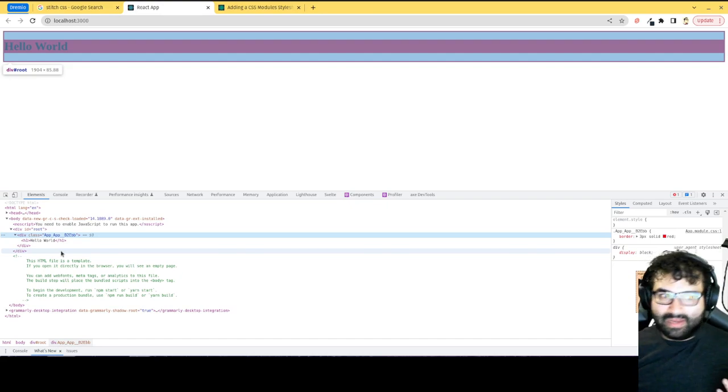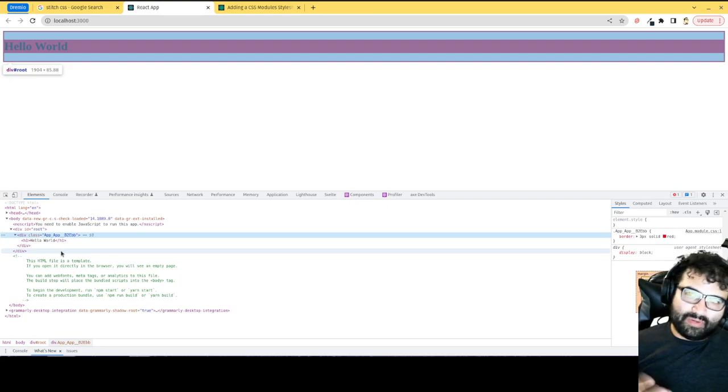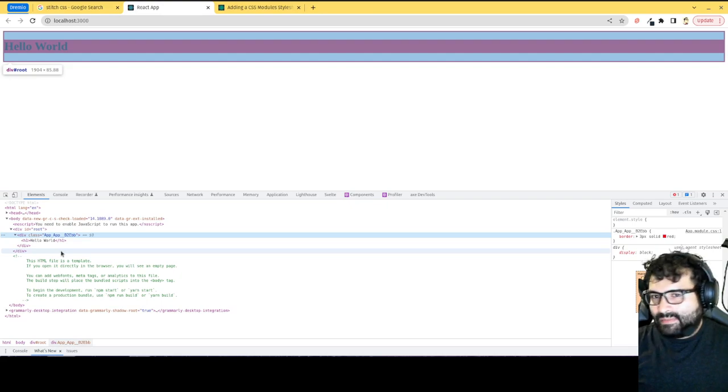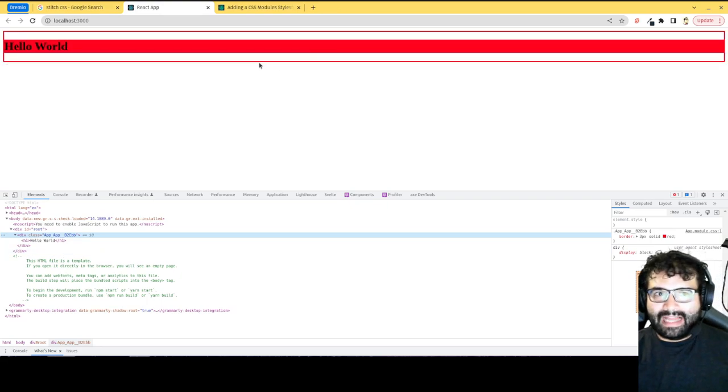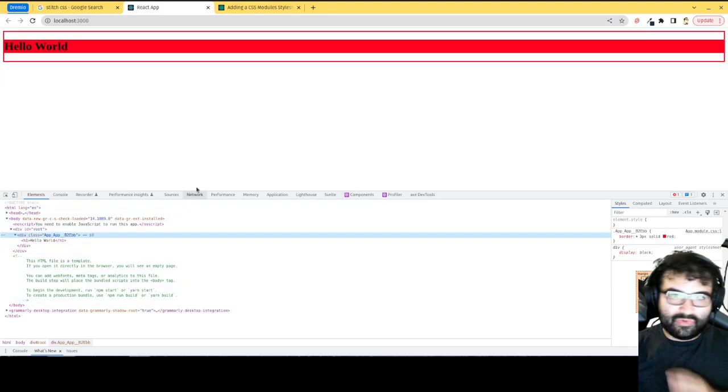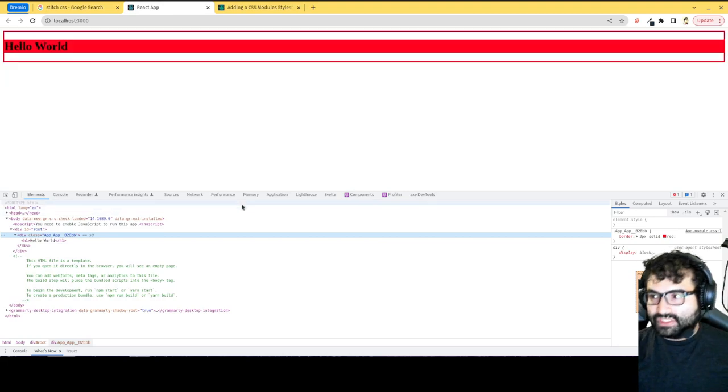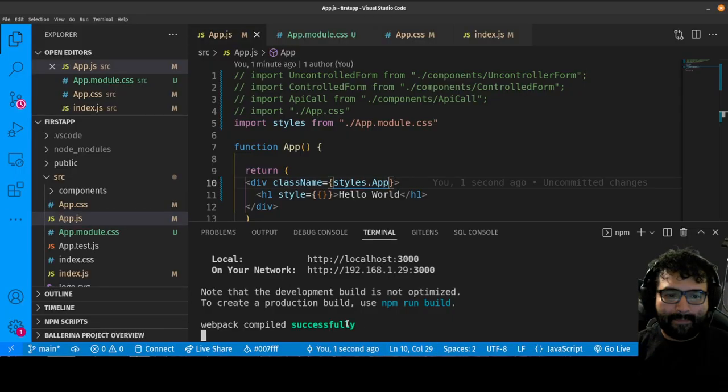You don't have to worry about any of the styles from this component bleeding into the styles of this component. But again, you can get the same effect by styling relative to a class, like I did when I had just a plain CSS file. So those are two ways. Those are the built-in ways, and they require you to download no additional libraries. Okay, now